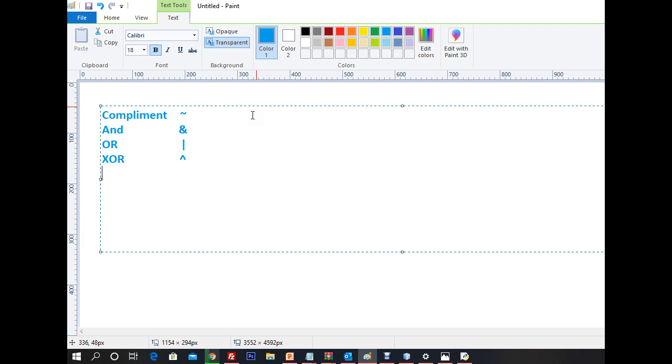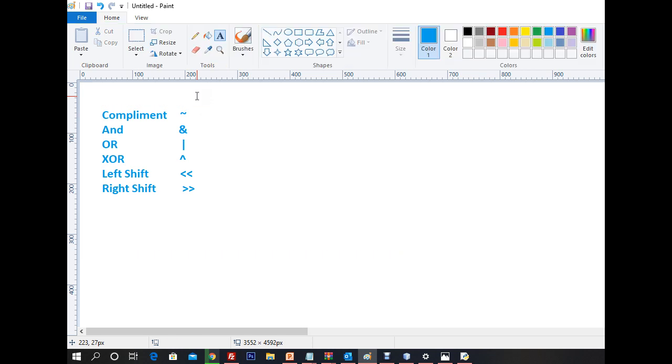So then we have left shift, and this is left shift, and we have right shift, which is this right shift, right? So let us take all the operators one by one, right? So we have to understand, for example, what is the binary of, let me do it this way,